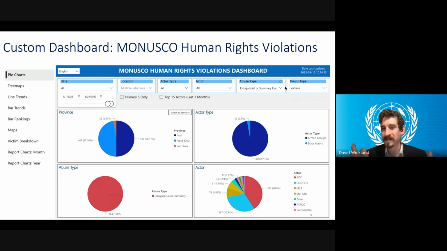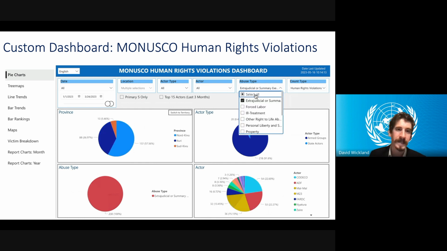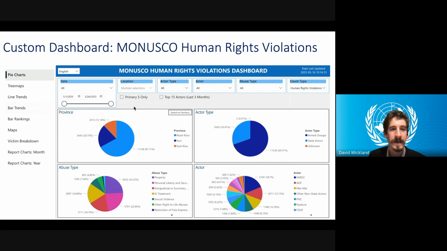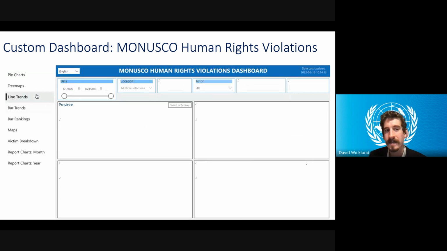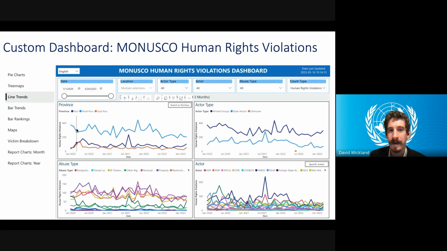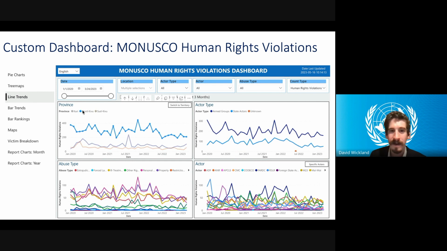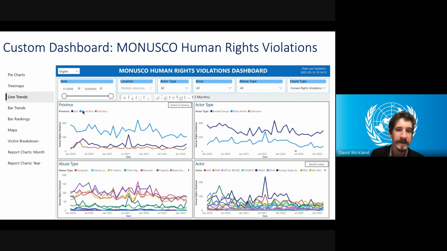There's a lot of structured data collection, but not a lot of structured data visualization. So this was taking a lot of the data that they'd already collected and standardized and feeding it into interactive dashboards that can be used. And you can see various ways of visualizing the information, both the overall number of violations broken out in pie charts, and also these trend lines over time, where you can focus in on different regions, different actors, different actor